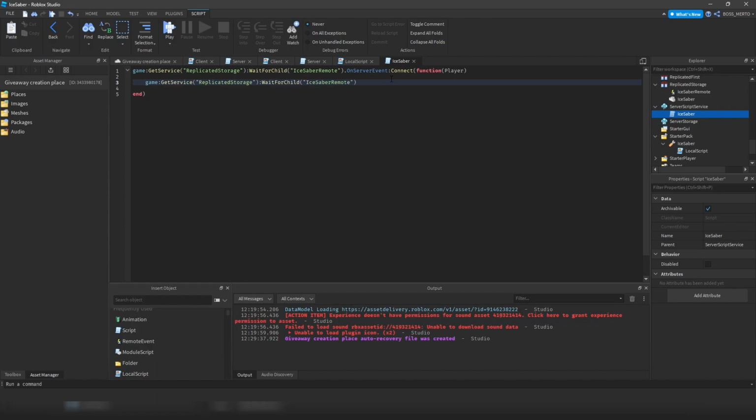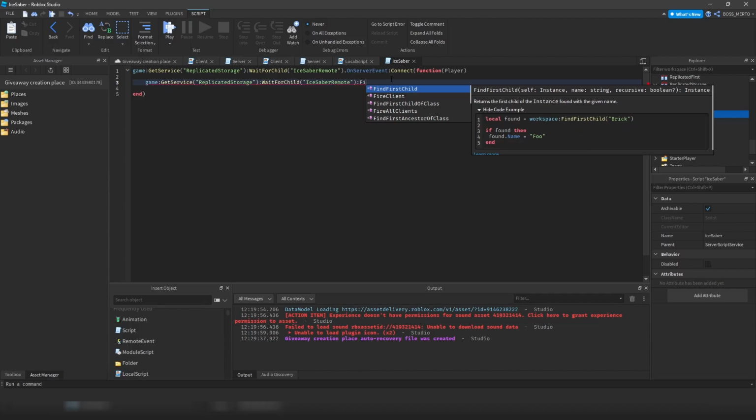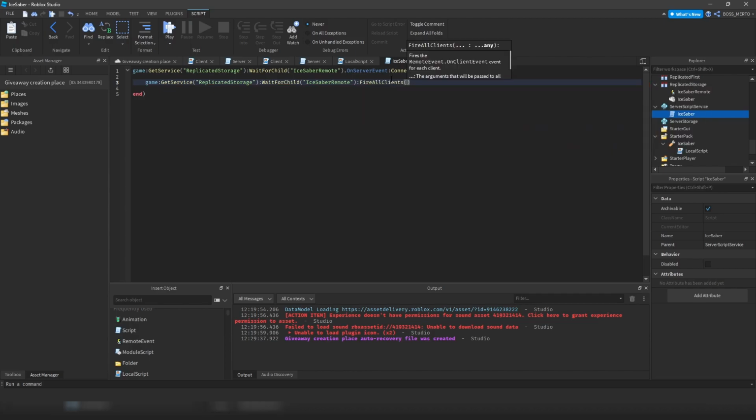So refer to this remote, fire all clients, and what is supposed to be fired now? The name of the attack, the performer of the attack,